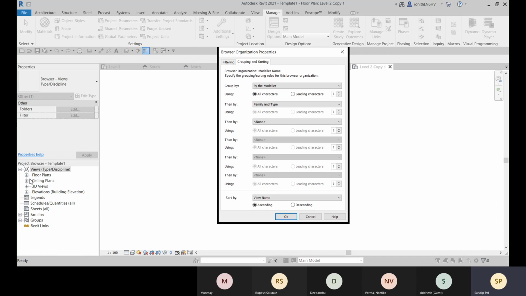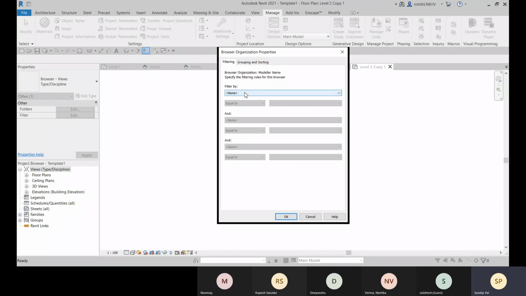Okay, so you remember that I have mentioned that all this view element, all the Revit element, model element, annotation element, all those are families. So those will be grouped. Okay, so let's go for this, and this will be sort by name. So you can choose any other option. So that is fine. And in the ascending order, they will be sorted.